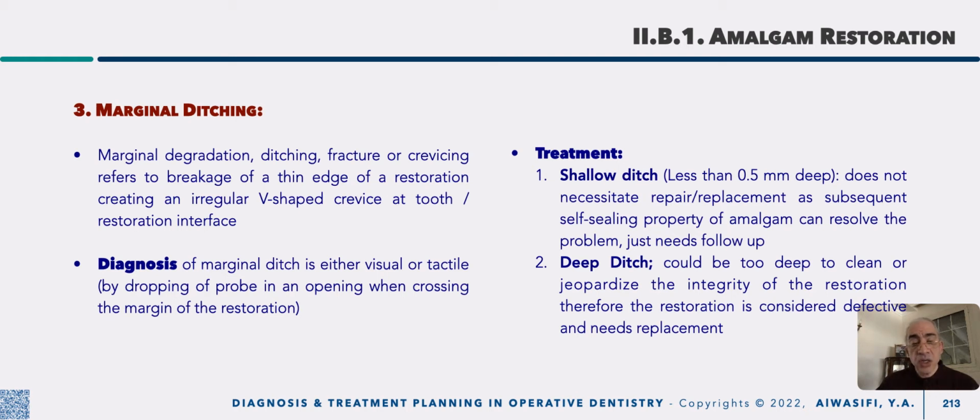That's what they thought, amalgam being a self-sealing material due to tarnish and corrosion products. For me, I didn't prefer this solution. I always prefer to replace the amalgam, because it's a relative term how you could measure a 0.5 millimeter ditch. Just for me, if it is unnoticeable, if it is just filled by the explorer, I try to finish and polish my amalgam restoration and re-examine it under magnification and using a sharp explorer